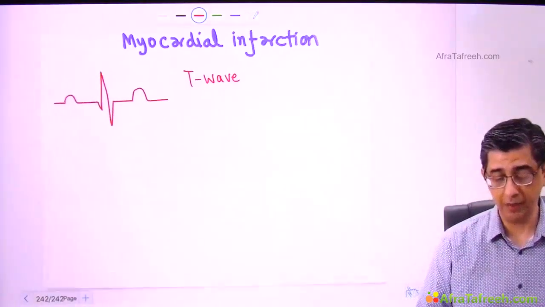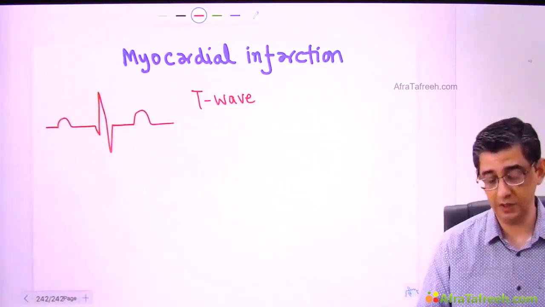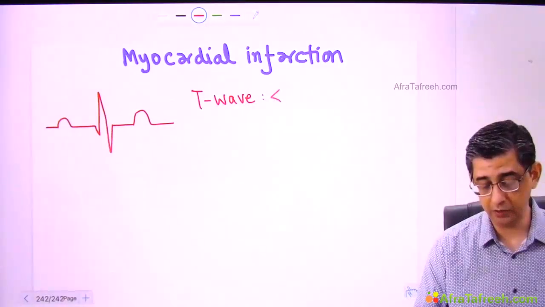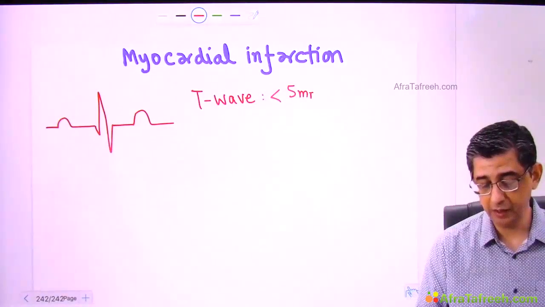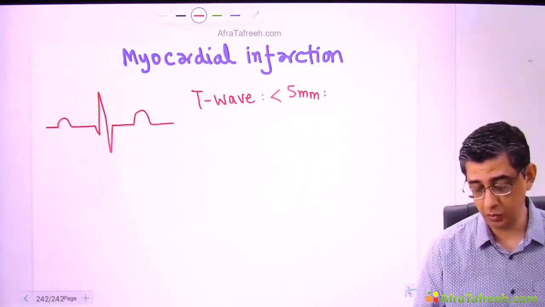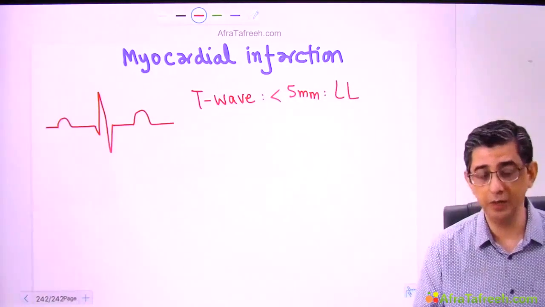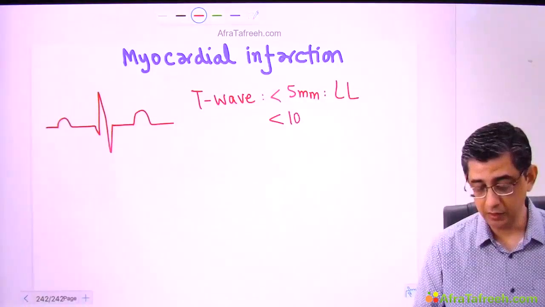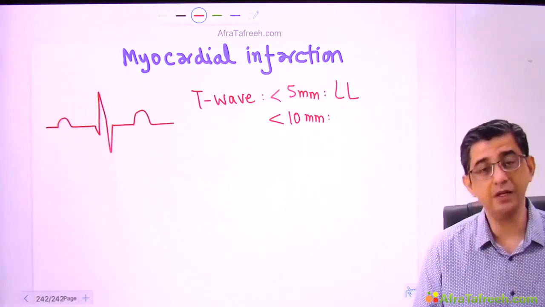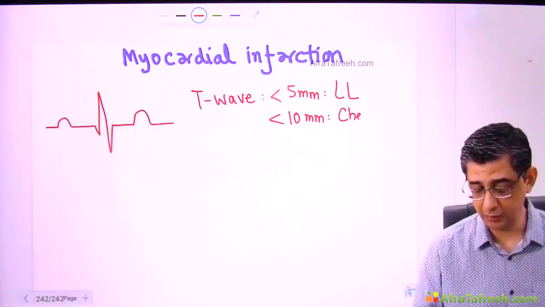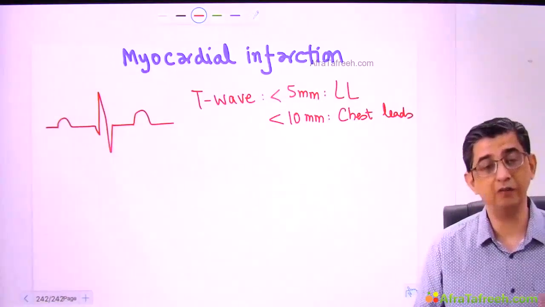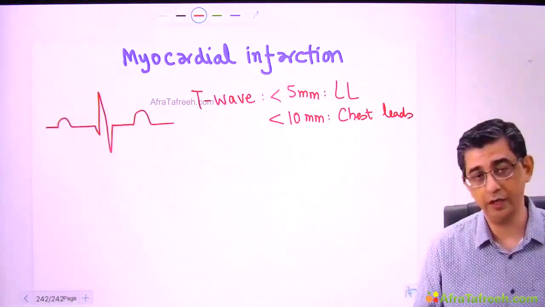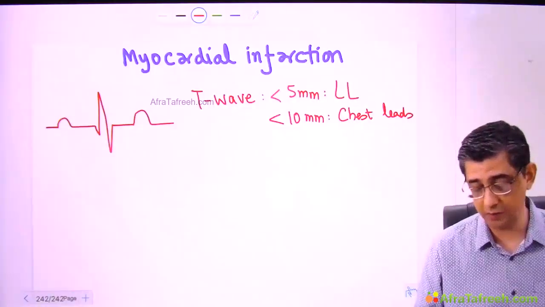You see, you are familiar from our earlier discussion of ECG and arrhythmias that the vertical height of the T wave should be less than 5 millimeter when it comes to evaluation of the limb lead. So LL would mean limb lead criteria, and the vertical height of the T wave should be less than 10 millimeter when it comes to evaluation in the chest leads. Now, obviously, if the T wave height increases beyond the values that I've set, either it could be a tall tented T wave or it could be a hyperacute T wave as well.